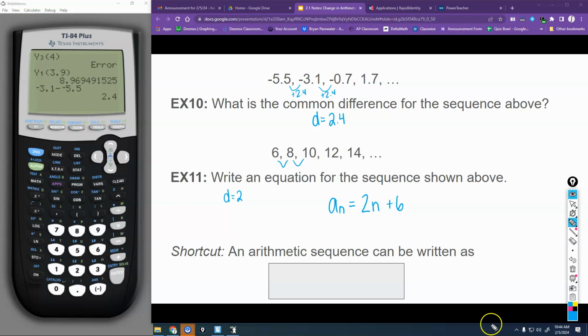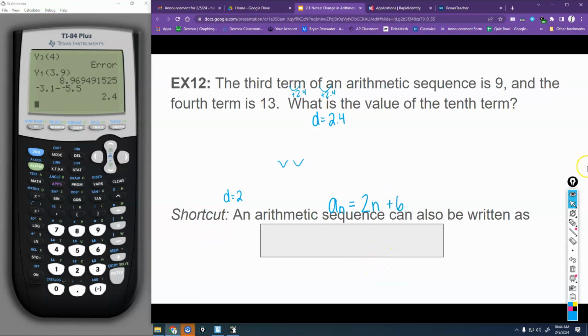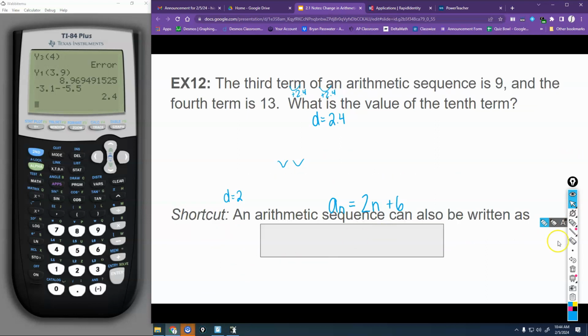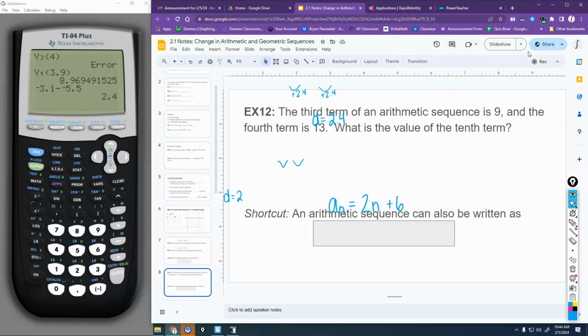Now, down here at the bottom, for this, oops, let me go back. On presentation mode, I can't do it from here. Let me get out of presentation mode